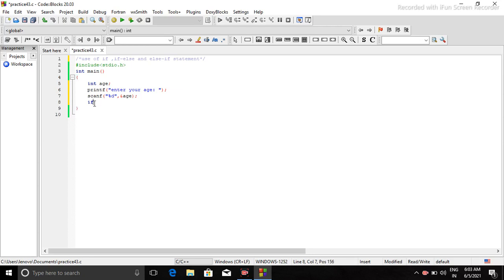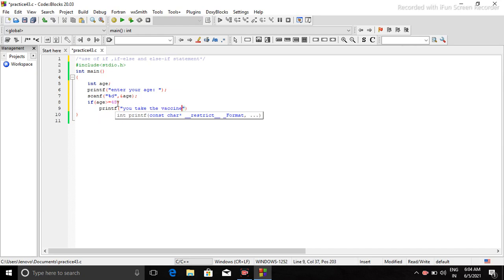This is the syntax of the if statement: we write if, and just after it we put round brackets, and in those round brackets I will provide a condition that if age is greater than or equal to 45, then print a statement that you can take the vaccine.